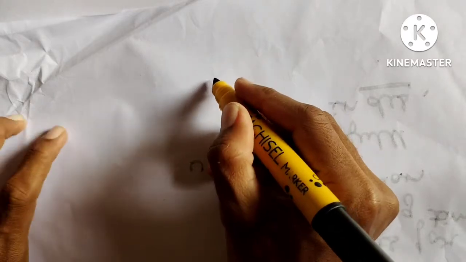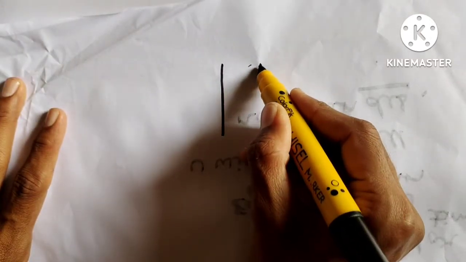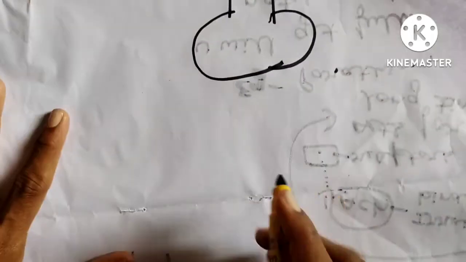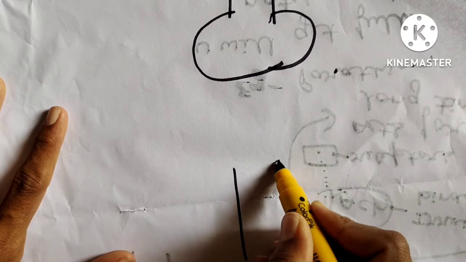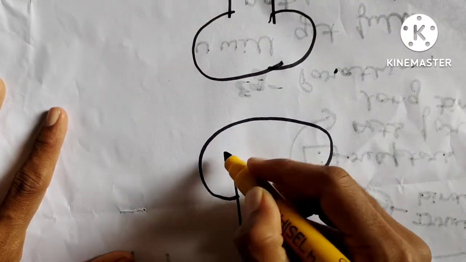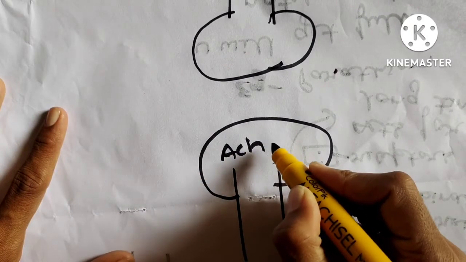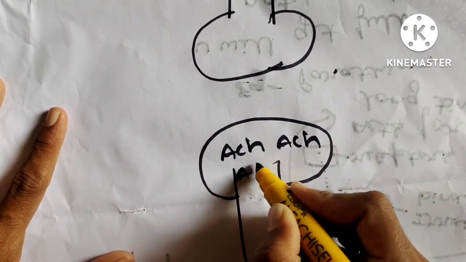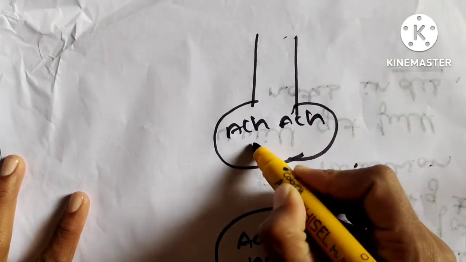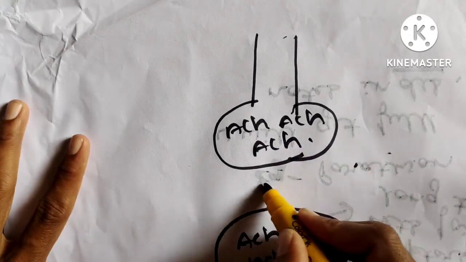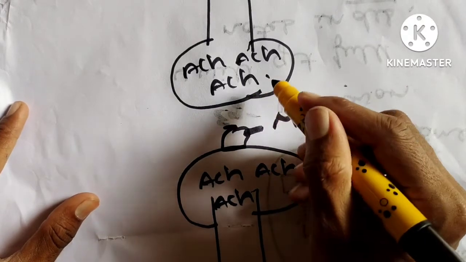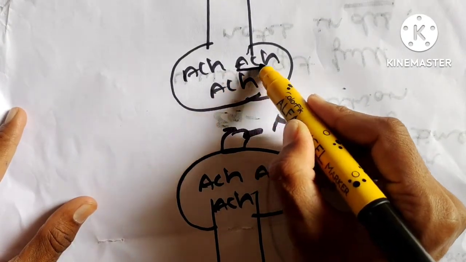Next, the last concept here is the mode of action. What is the mode of action of these inhibitors? Very simple. You are observing the two structures here. These two structures store acetylcholine. This is acetylcholine, then one more acetylcholine, one more acetylcholine. If the acetylcholine concentration increases, gradually these acetylcholinesterase enzymes get inactivated. Why do they get inactivated? Because they get stopped